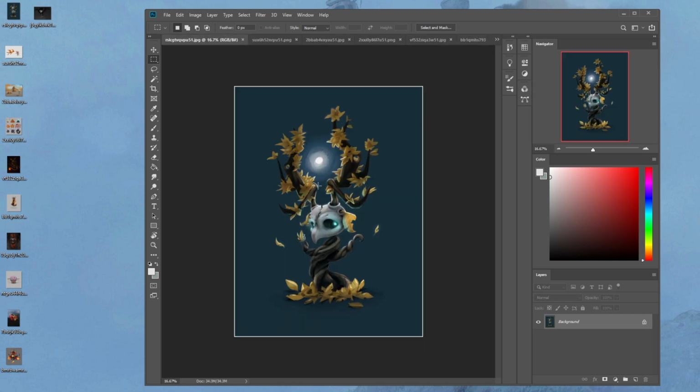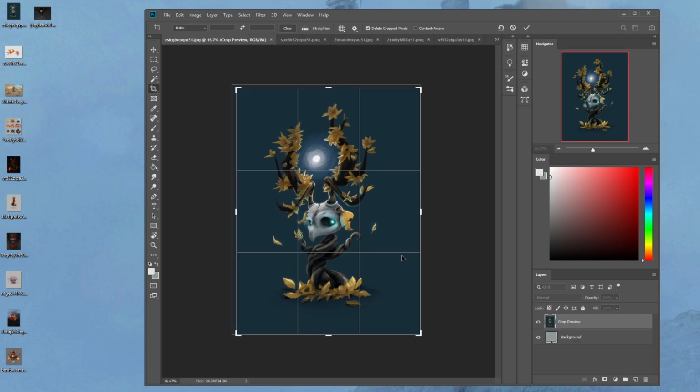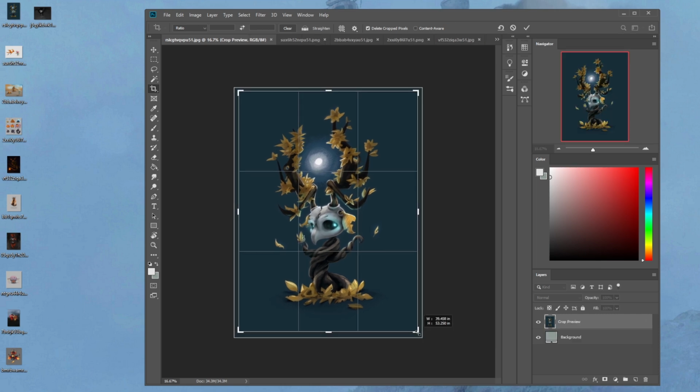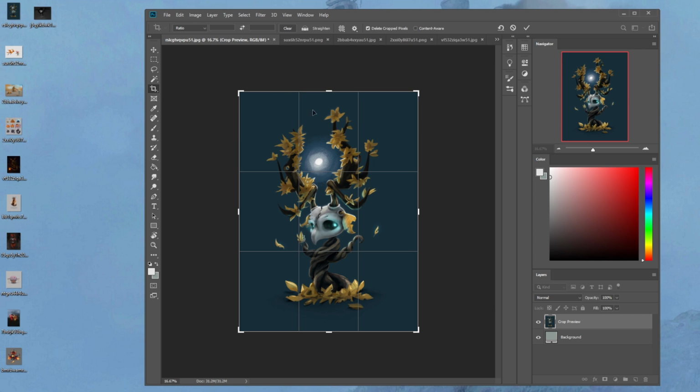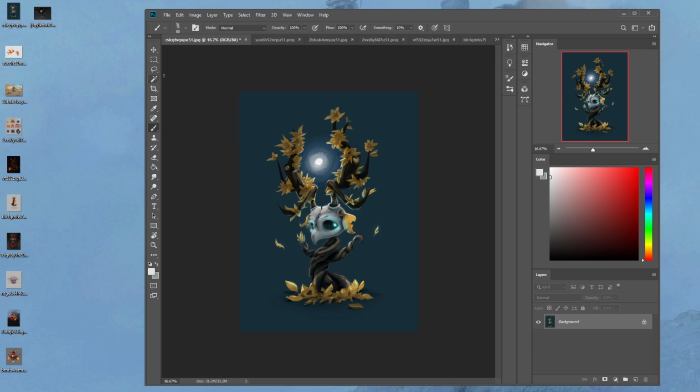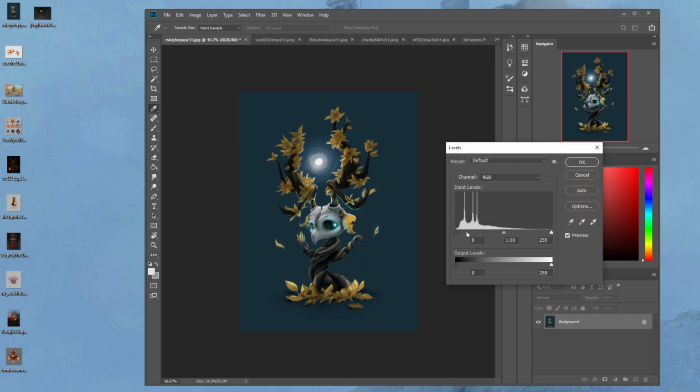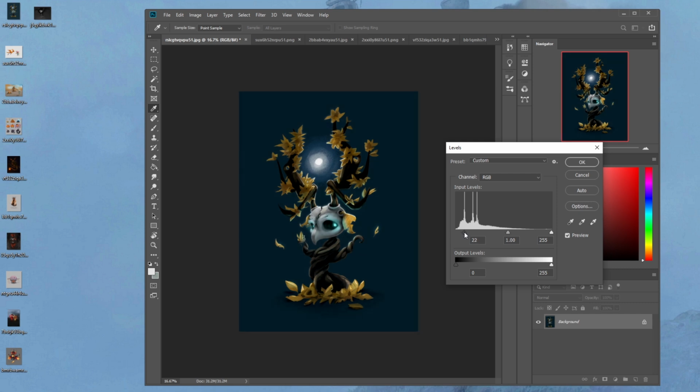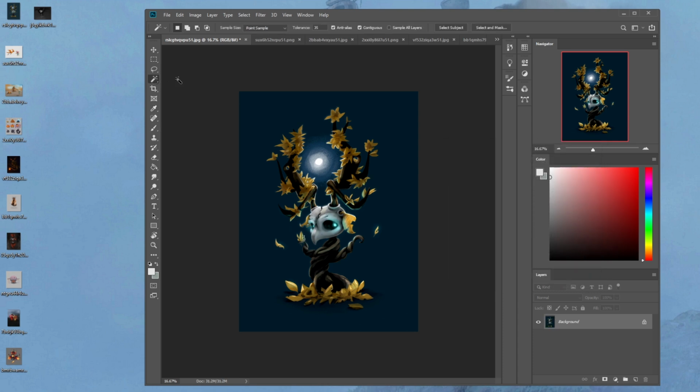All right. So this one is really cute. Please don't put borders on your illustration. Big noob move. All right, so we have some issues here. The background isn't dark enough for what you're doing with the highlight of the moon, so be careful with that. And the background is too blue.